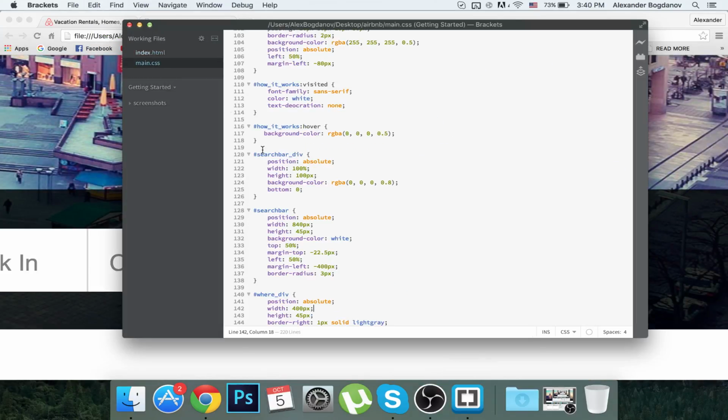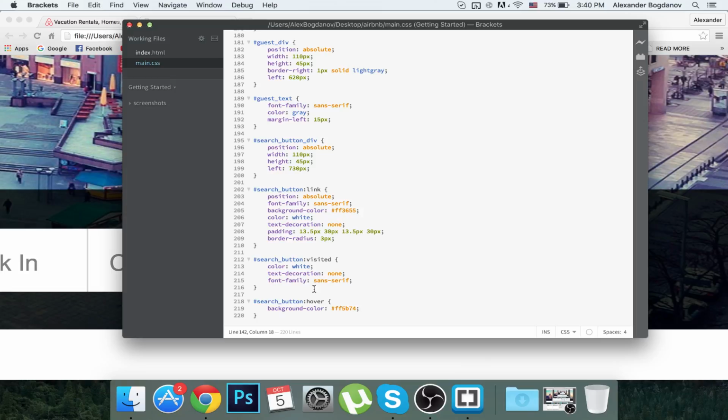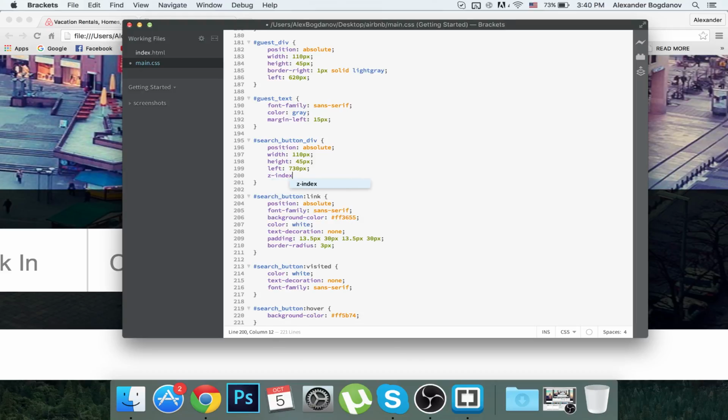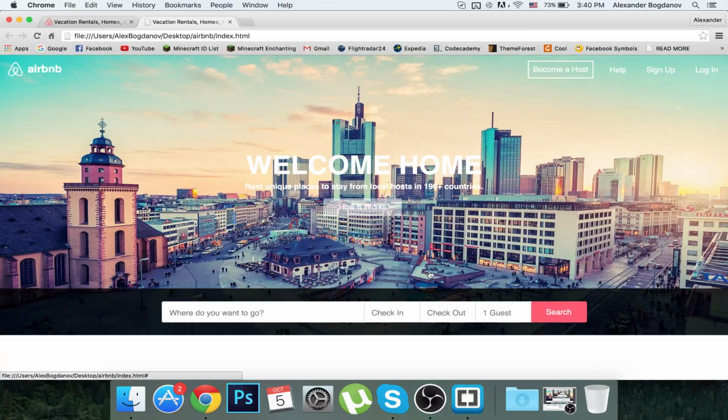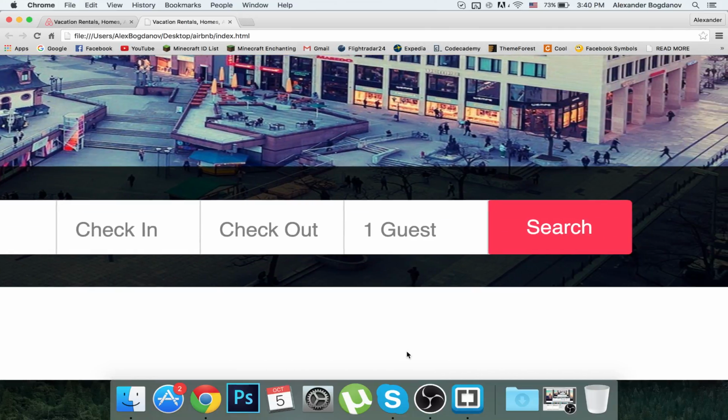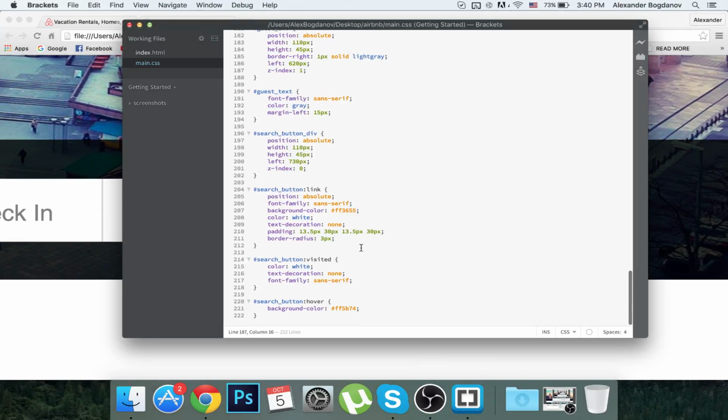We're going to go to CSS and go to the last button, and give it a z-index of 0. And we're going to go to the search button div. Oh wait, hold on, wrong one. We're going to go to the search button div and give it a z-index of 0, and go to the guest div and give it a z-index of 1. So now when we refresh, it is a little bit better, but we can make the width